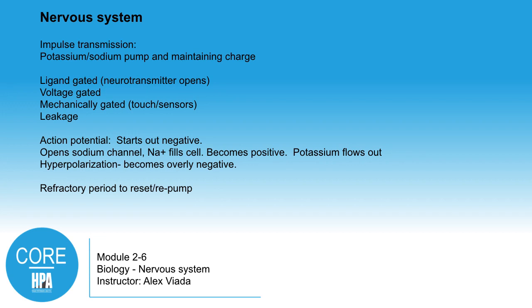The first, you see ligand gated, is when a neurotransmitter itself comes into the synapse, which we'll discuss in a second, and effectively hits those closed gates and opens them wide up. So neurotransmitters, their function there is to basically hit the open signal and unlock those gates and let the sodium flow in. They're also voltage gated, which we'll talk about in a minute, where the actual propagation of a charge is enough to open up the other ones. Mechanically gated are relatively fascinating as well. Mechanically gated gates open up to any sort of contact or pressure.